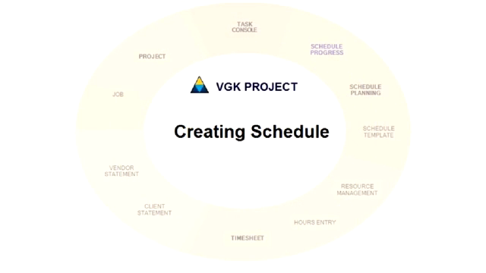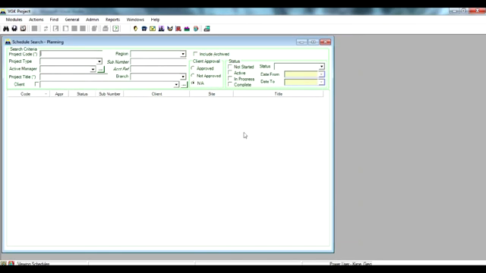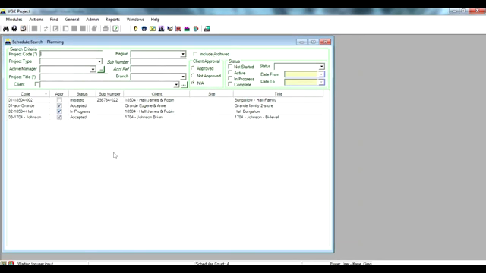In this session we're going to take a look at how to create a new schedule and how to enter your schedule items. To create a new schedule, use the Schedule Planning button. Search for the project that you want to create a new schedule for. Keep in mind that a project can have only one schedule. Once it's created, however, it can then be edited. For now we want to use a project that doesn't yet have a schedule. So double click on your selected project